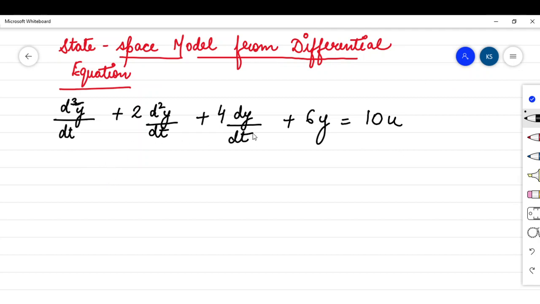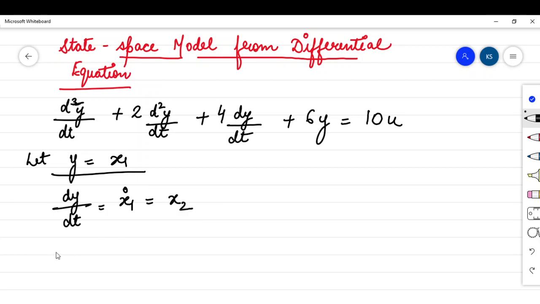Now how to develop the state space model? First begin with letting the output y equal x1. Always begin with this. So we can say that dy by dt is equal to x1 dot, and we can represent it as x2. In the same way, d2y by dt2 is equal to x2 dot, and we can write it as the third variable x3,